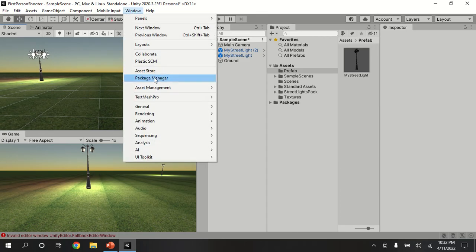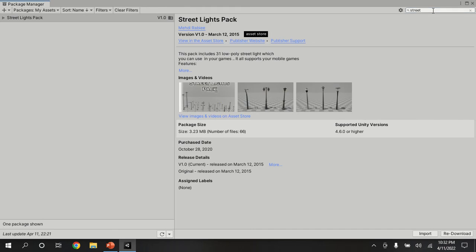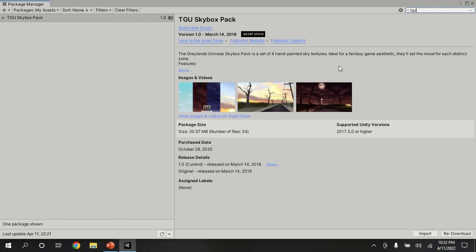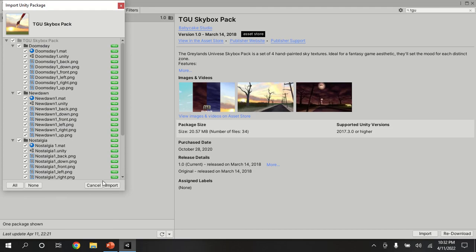अच्छा जी, अब हम जो है क्विकली एक स्काई बॉक्स ऐड कर लेते हैं यहाँ पर। मेरे पास जो है वो TGU स्काई बॉक्स मौजूद है। It's a good skybox, it's not very heavy and it just has 4 different skyboxes. 4 हैं I think, yes 4 हैं। तो इसका लिंक भी मैंने आपको दिया हुआ है, just import them and